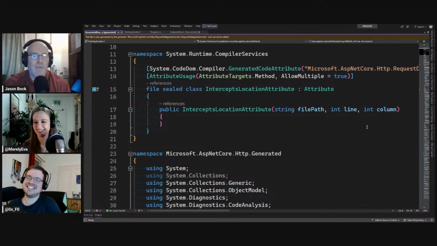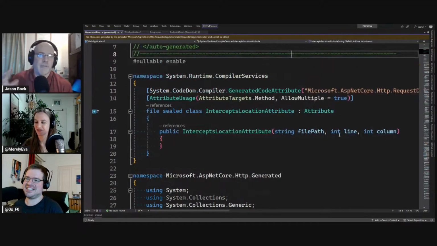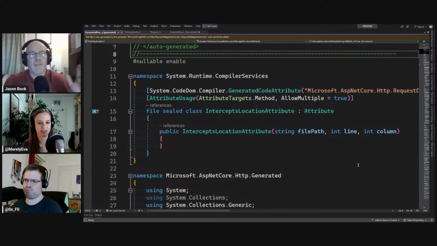But with interceptors, when people hear that term, they think method interception or member interception. So if I call a method or do a getter on a property, there's some machinery that I can hook into to intercept that invocation and do whatever I wanted to do. The classic example is AOP, aspect-oriented programming, and being able to do automated logging. So whenever a method is invoked, I'll log the before and after, or right before I return, and maybe I'll log all the parameters or whatever you want to do.